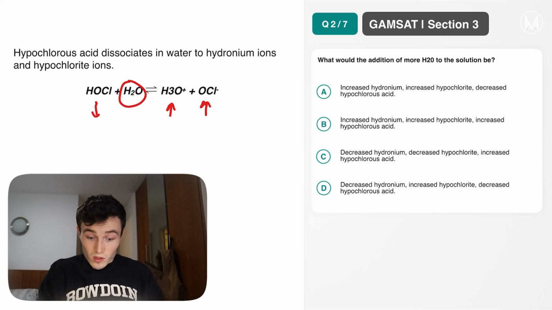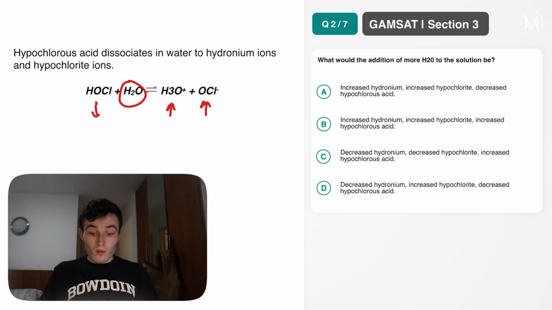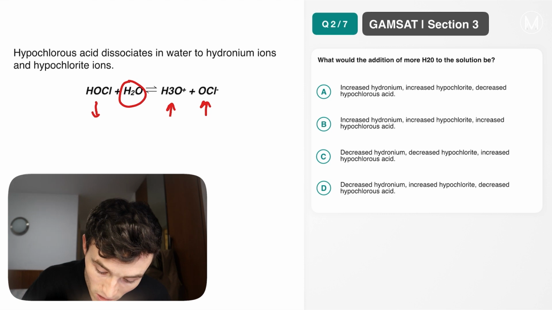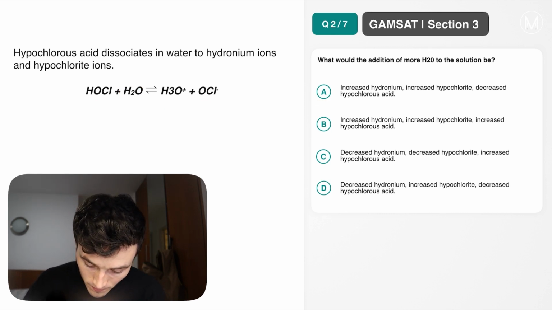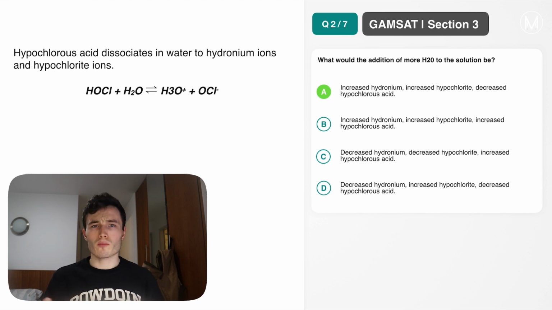We're also using the hypochlorous acid because the two of those is what's making the things on the right. And so we are using both of them, and therefore that would be decreased. And so it makes sense that our answer here would be A. And indeed it is. So there's two questions to hopefully emphasize the importance of Le Chatelier's principle in terms of